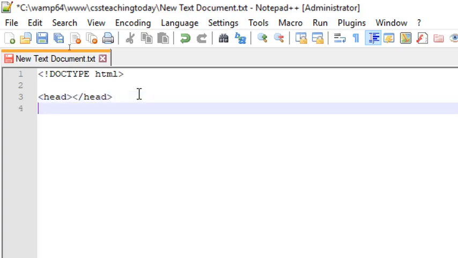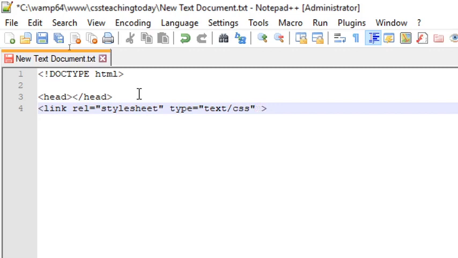Then we can proceed and have now our link, relationship, that stands for rel, stylesheet, then type equals text/css. Then we are directing to where our